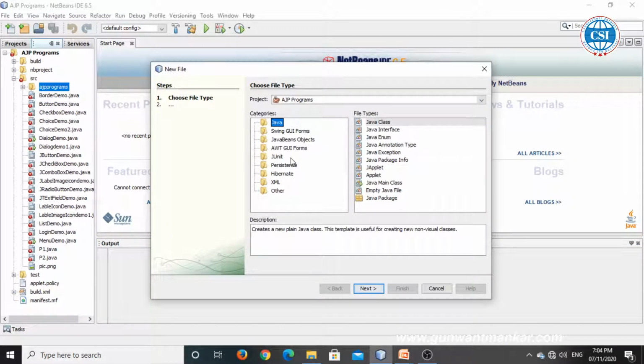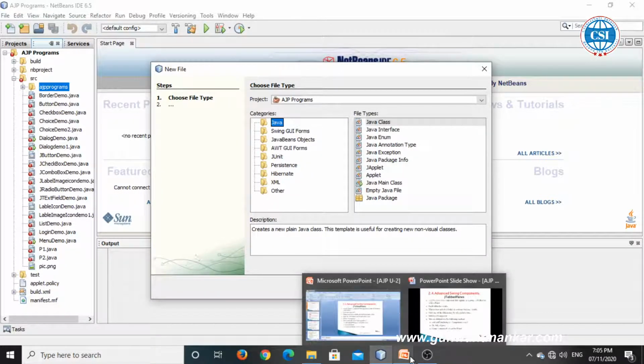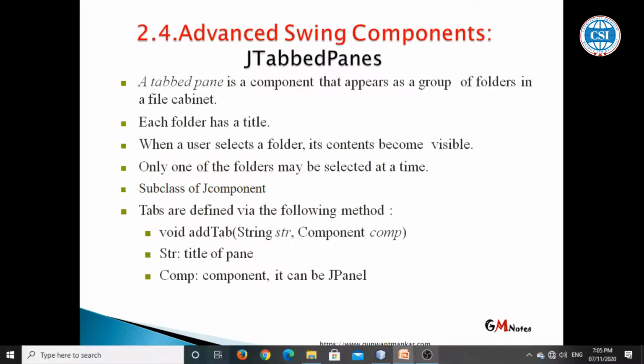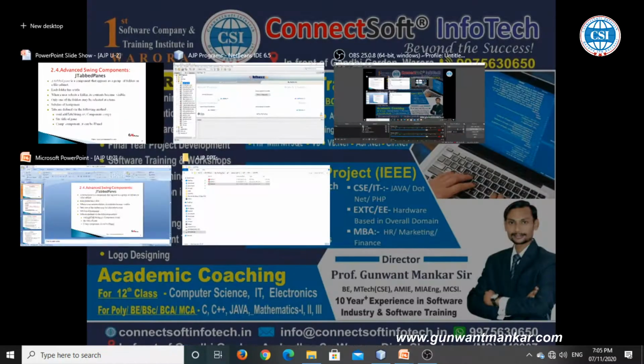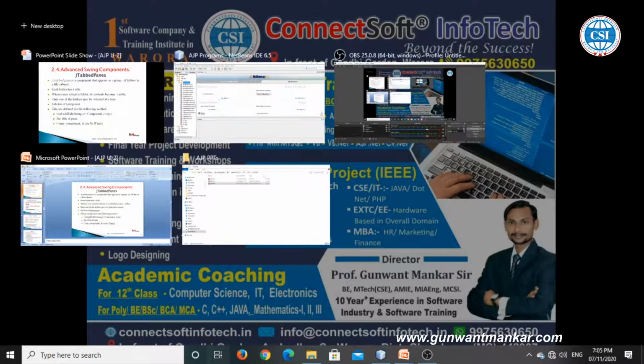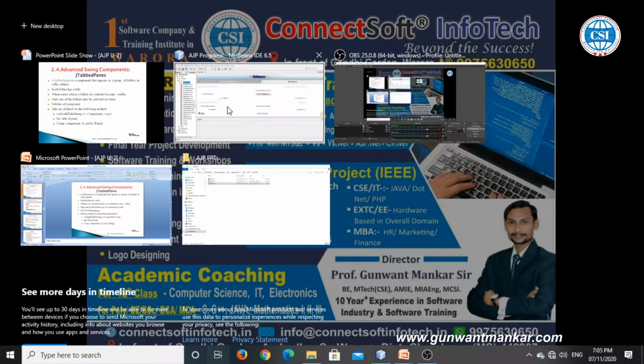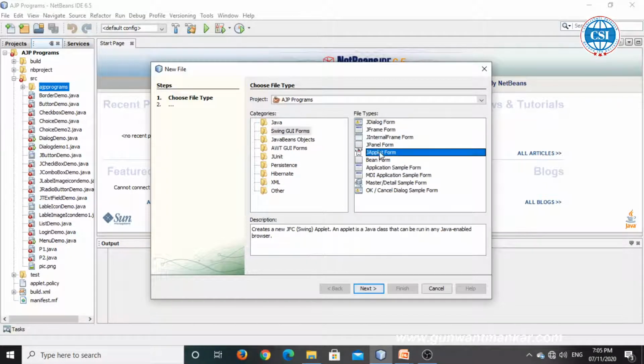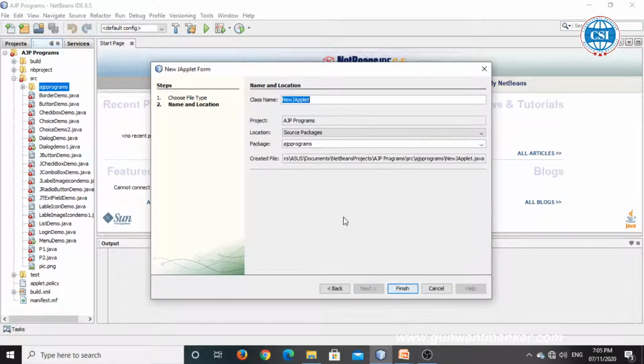This is the Swing package. We have to use the JApplet, so click on the JApplet form, the Swing GUI form and JApplet form. Then click on the Next button.